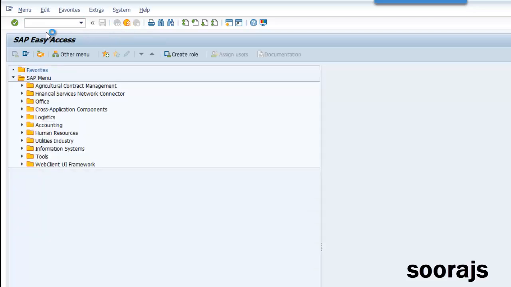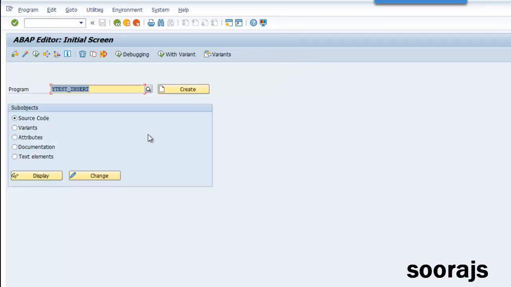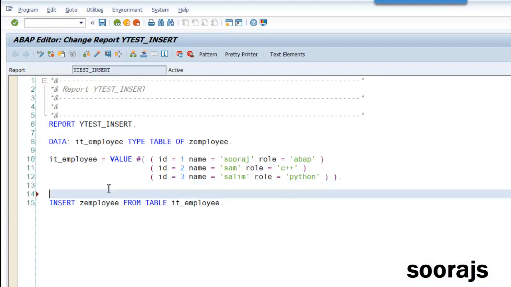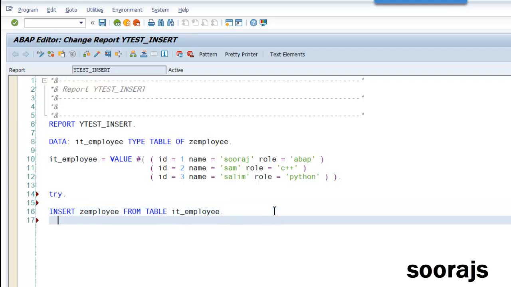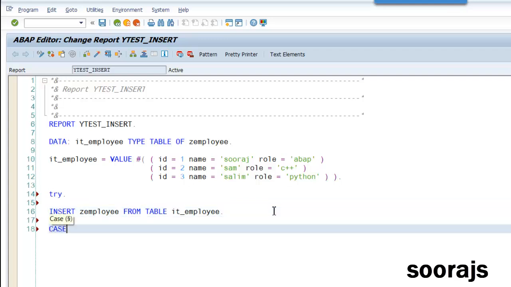In the case of an internal table, you must try to put it in a try and catch block. I have to catch this exception. I have not actually captured it properly, I guess.